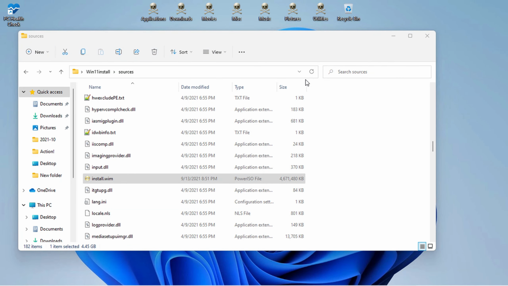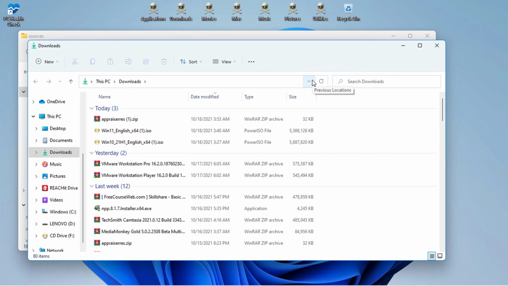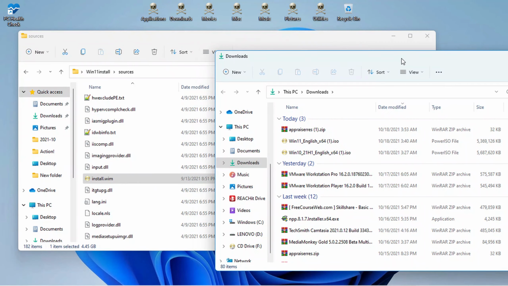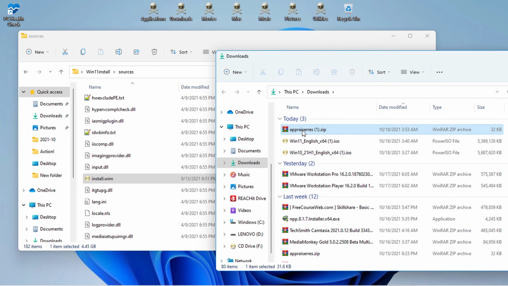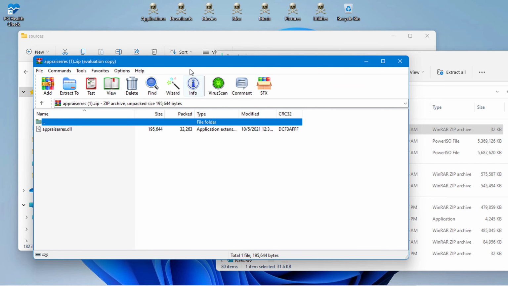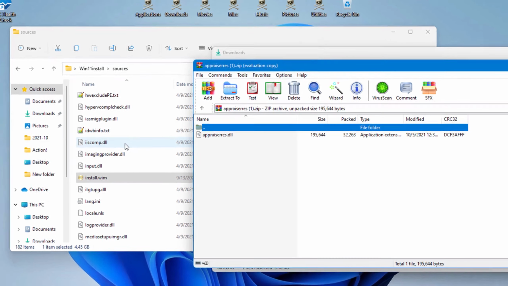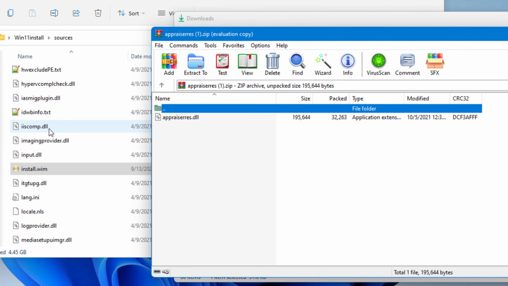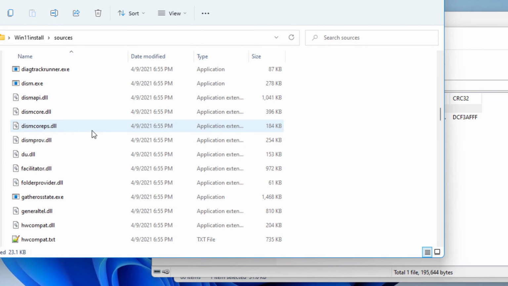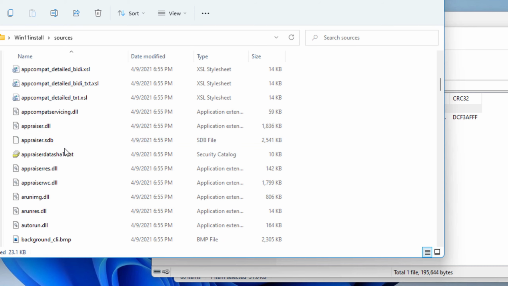Open your Downloads folder and open next to it the folder that we created. Here, you can see that the same file appraiserres.dll exists.